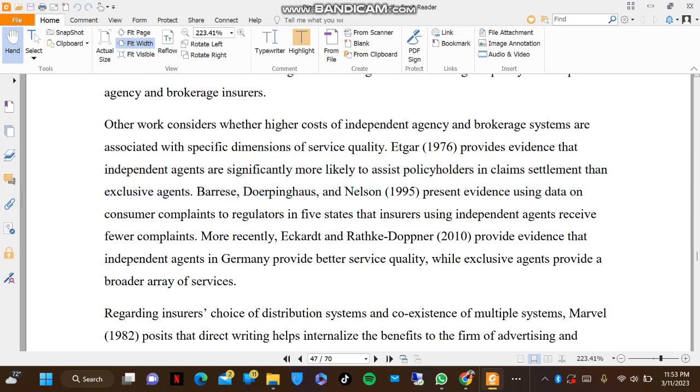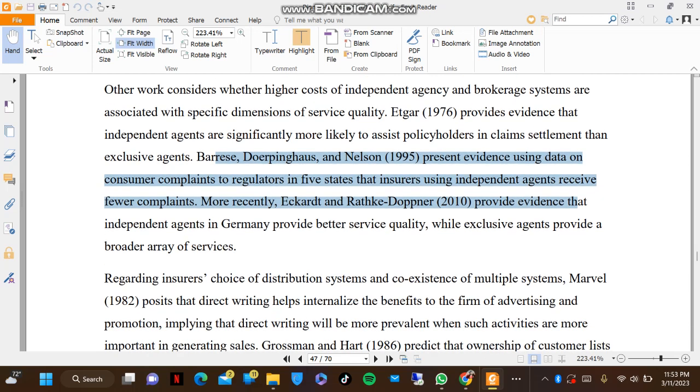Barrese, Doerpinghaus, and Nelson 1995 present evidence using data on consumer complaints to regulators in 5 states that insurers using independent agents receive fewer complaints. More recently, Eckardt and Räthke-Döppner 2010